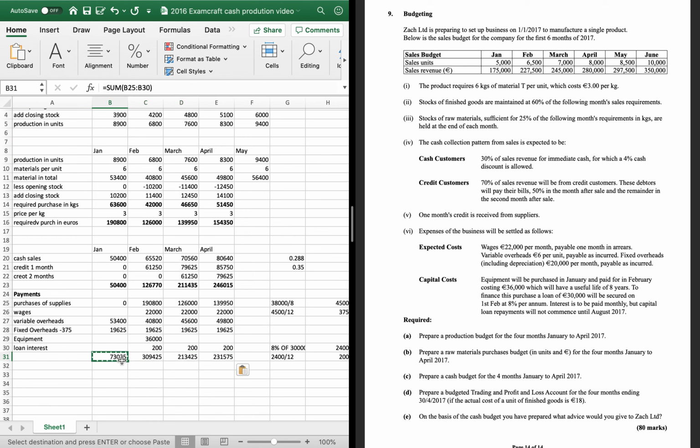So it's 73,025, 309,45, 213,45, and 231,575. So that's your total payments. Take them away to get your net cash. So take them away from your total receipts. So 126,770 minus 309,425, 211,435 minus 213,425, and 246,015 minus 231,575. Okay, you've got your loan,